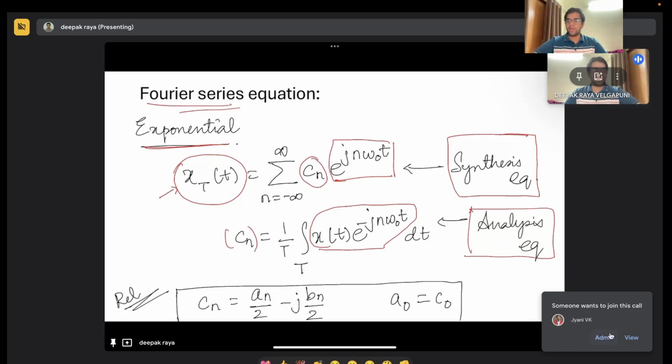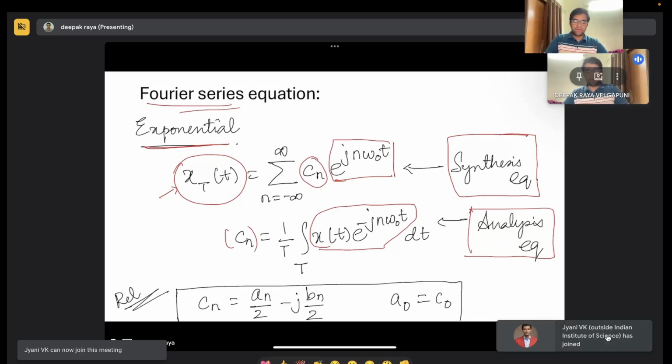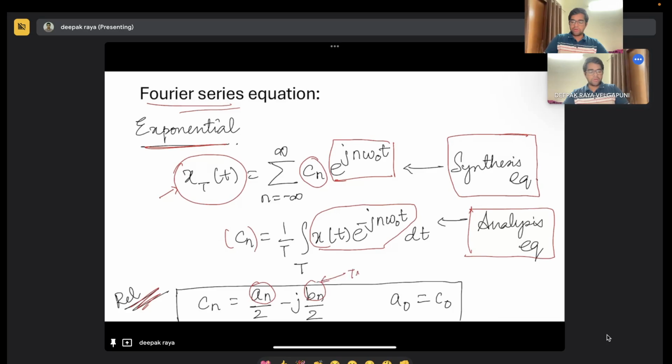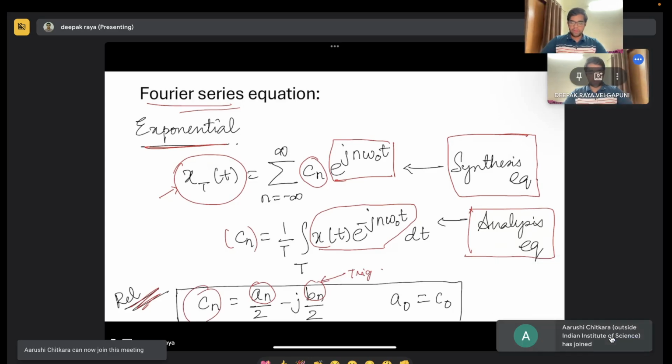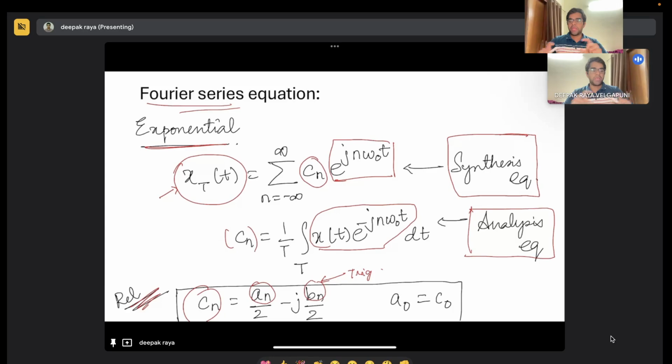This is called the analysis equation, and we have also seen the relation between an and bn, the trigonometric Fourier series coefficients, and Cn, the exponential Fourier series coefficients. You can see a relation between them, which can be easily found by equating the two equations and finding what is common between Cn and an and bn. You will get this form of equation. Basically these two are the same, but this is a more compact representation of the Fourier series equation. Okay, is everyone clear with the Fourier series equation,